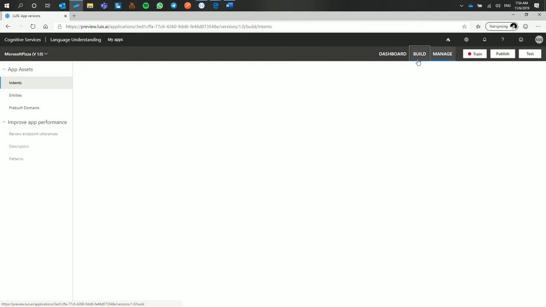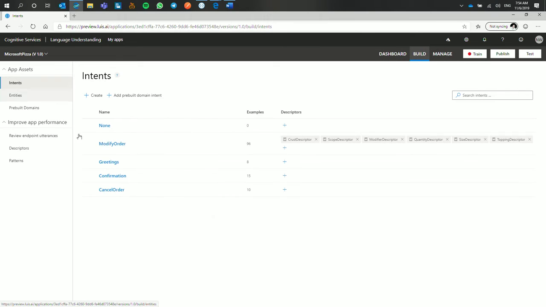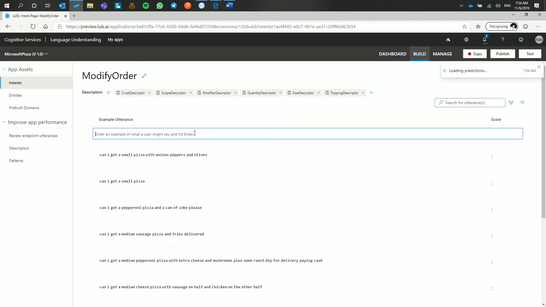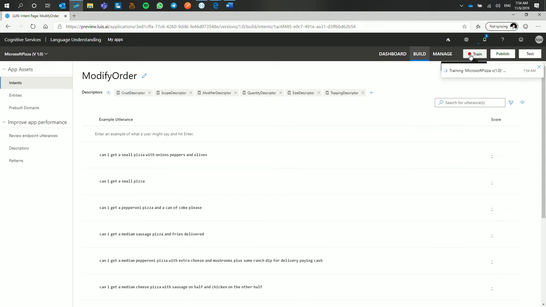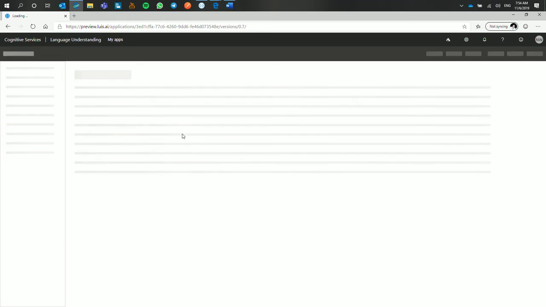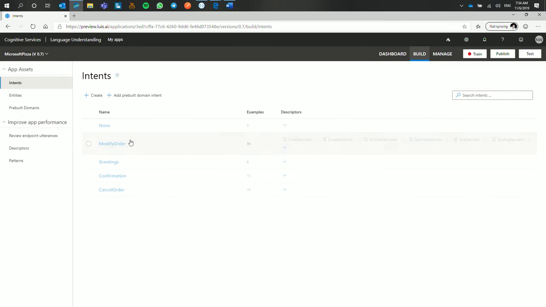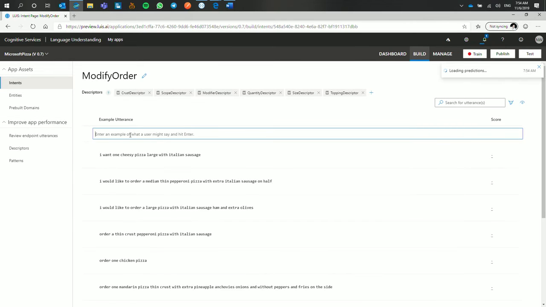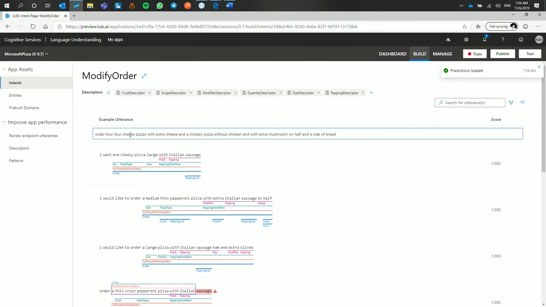Okay, so I go build that, go to my intents. Again, retrain your application version, okay. I'll have to do that in this one. For some reason, it's acting a bit weird, okay.